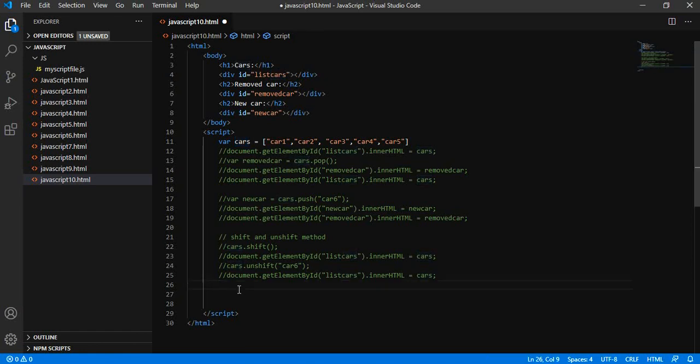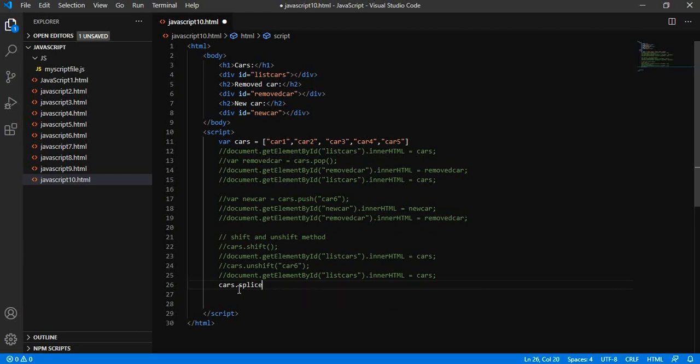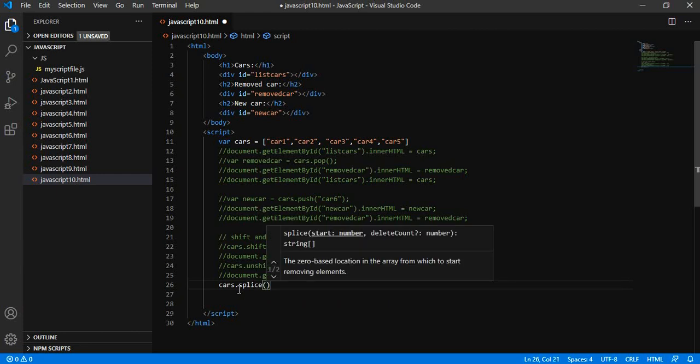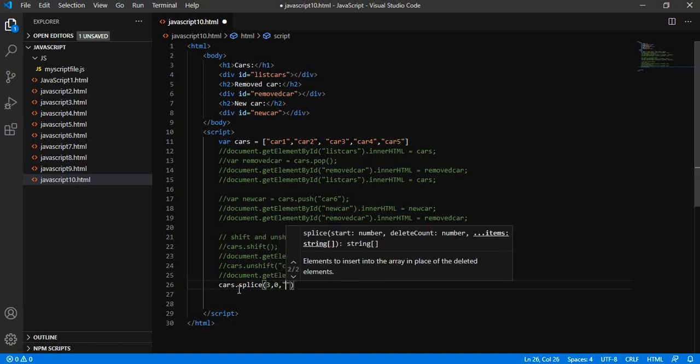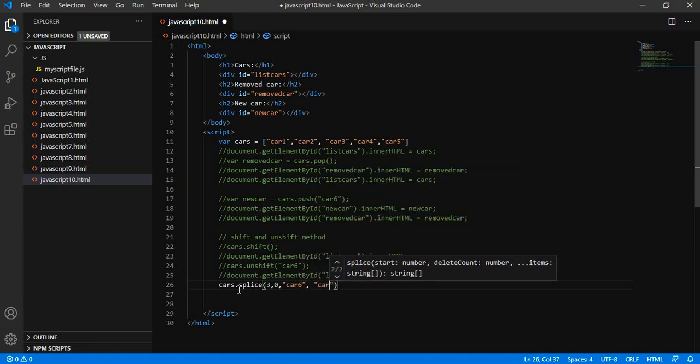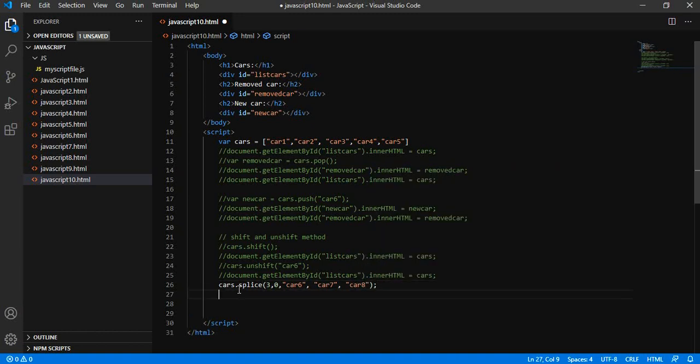Let us try to splice. If I say starting from position 3, 0, and I am adding car 6, car 7, car 8, then what will it become?